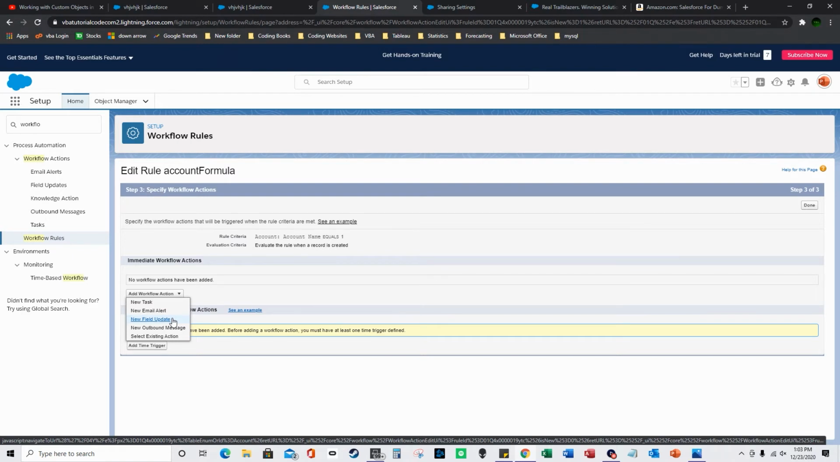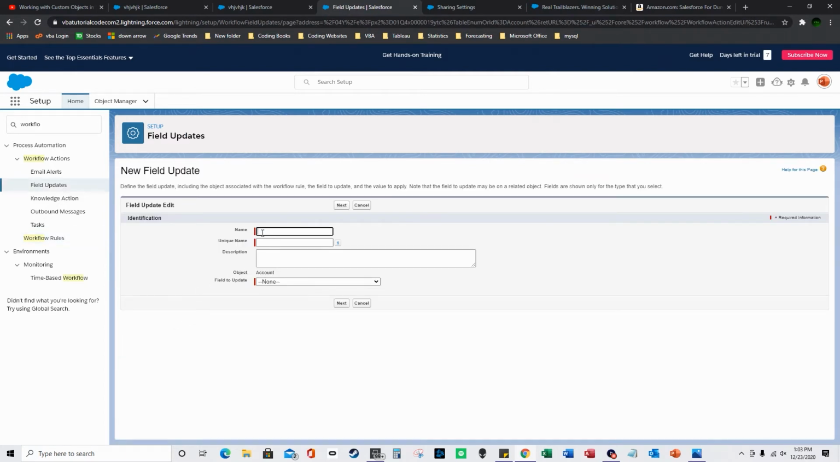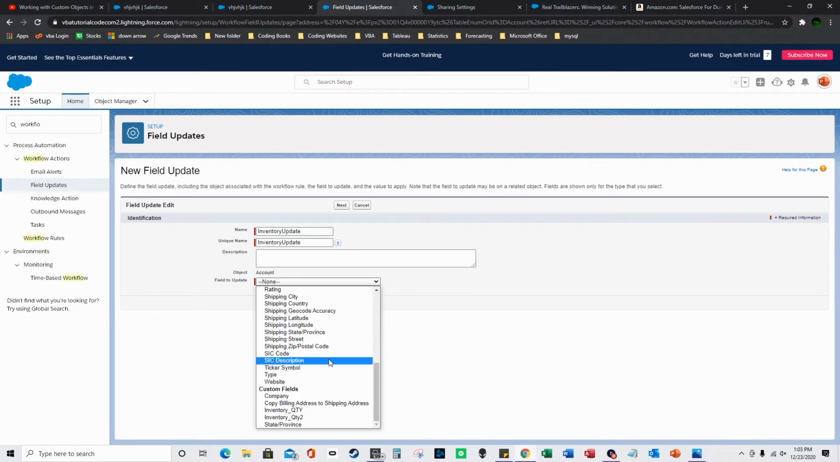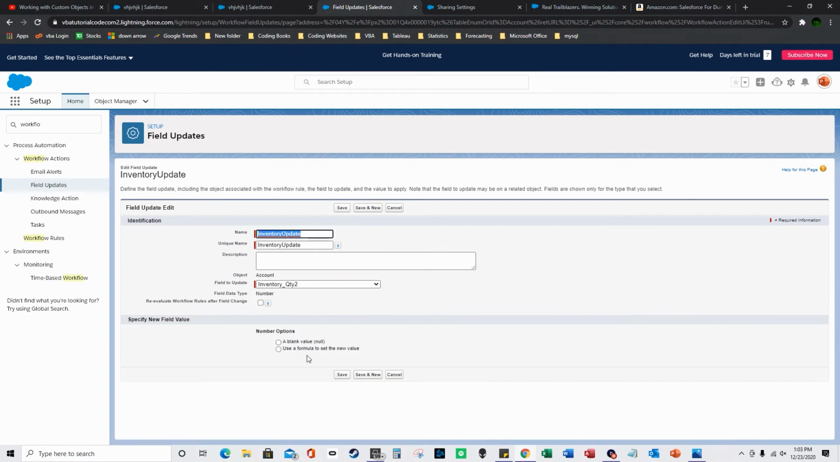always make sure you click activate, but you do it based on inventory. So I'll do new field update, and this basically makes another field update based on another field meeting a certain criteria. So this could be inventory update, and field to update will be inventory. You have custom fields down here, so inventory quantity 2, and basically